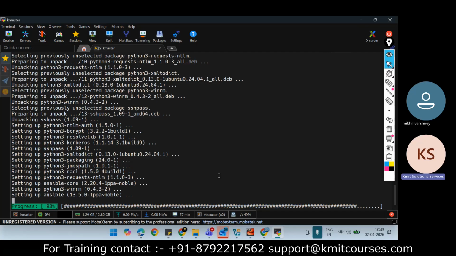When you start Ansible or Jenkins on the machine, if you find that it's not working as per your expectation, then you can increase the RAM and CPU. Okay, so Ansible is at 93%, it is almost done.